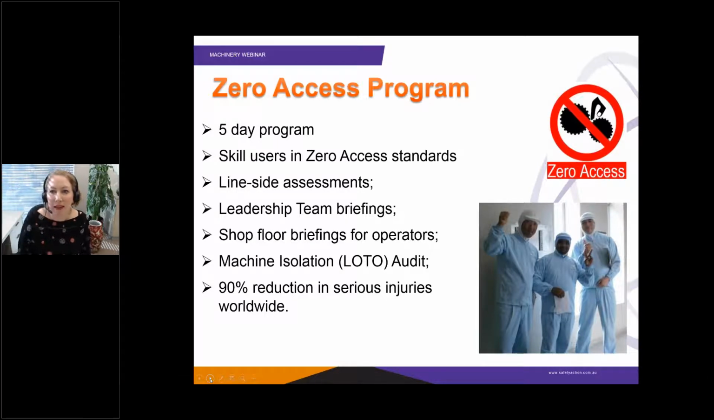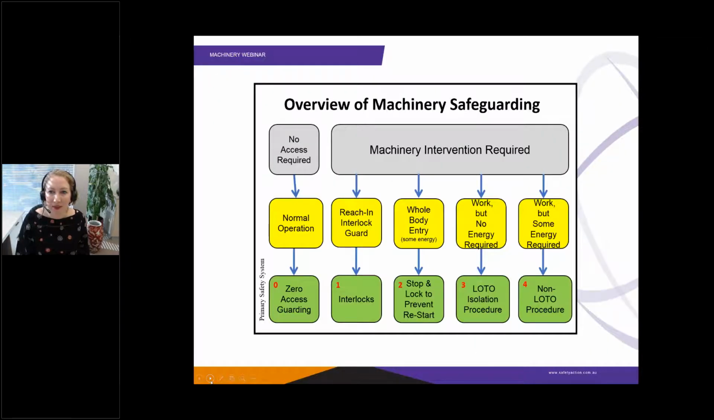Let me explain now where zero access fits into your overall machinery safeguarding program. What you'll see on your screen here is a chart which shows the type of interventions that you might need with machinery. You'll see on the very left it says no access required. This is where our zero access guarding standards apply, which are based on, in Australia, Australian Standard 4024, the